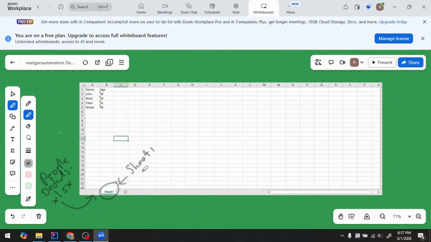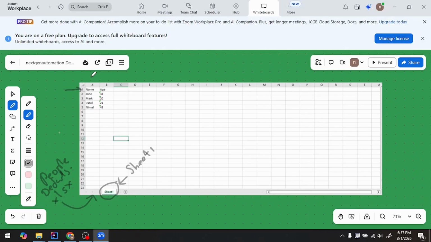Sheet 1 is my sheet name. Then we need to read the rows. First I'm going to read row 1, then row 2. So once you start reading rows programmatically,